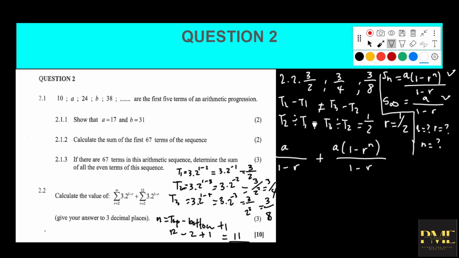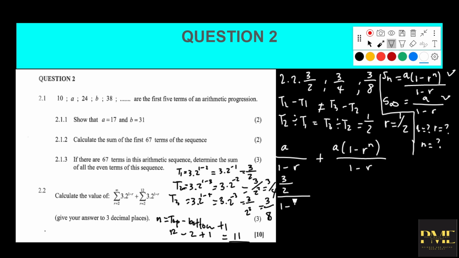So our a, we know our a is 3 over 2, because our a is the first term. So here where we see a we put 3 over 2. So we write 3 over 2, okay, all over 1 minus